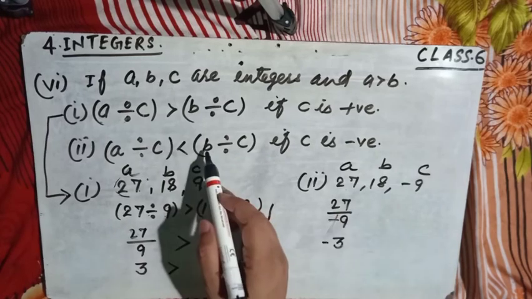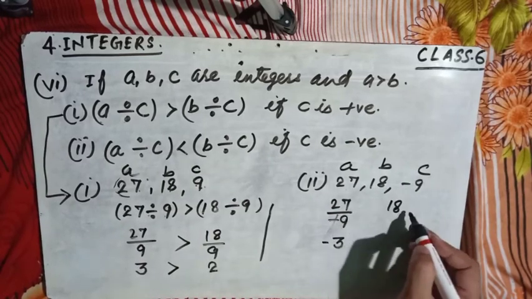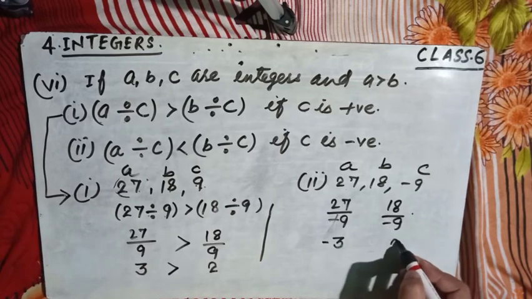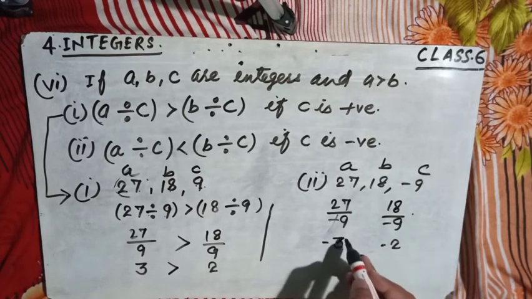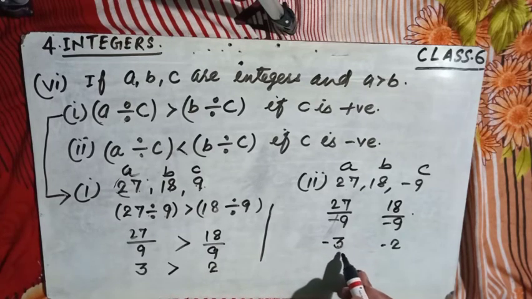Next b divided by c: 18 divided by minus 9 is minus 2. So have a look, minus 3 and minus 2. The value minus 3 looks like the greater. Numerically the value is greater,